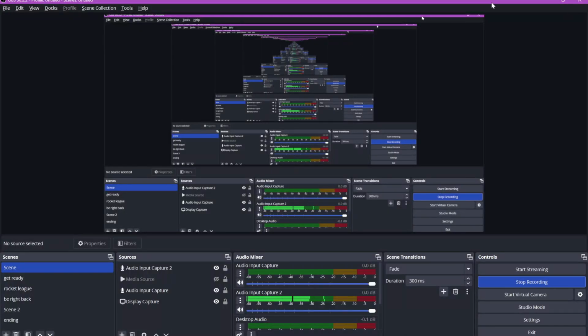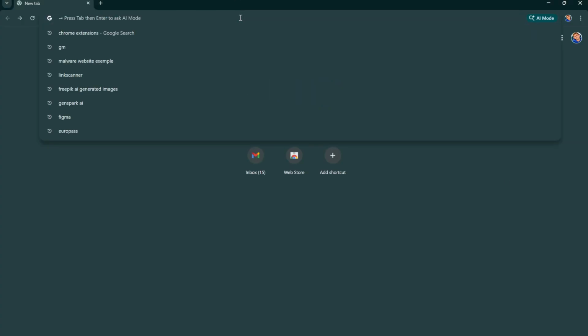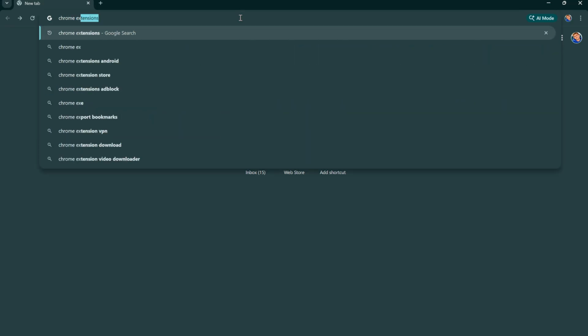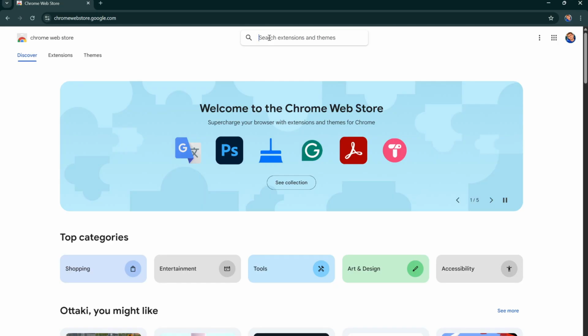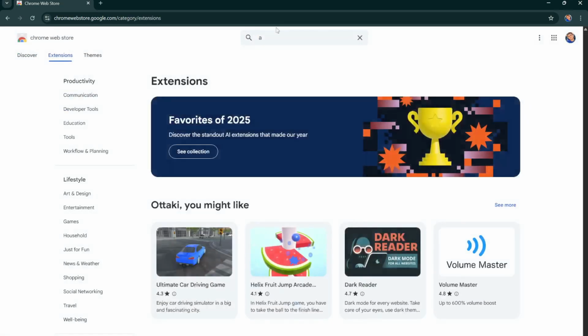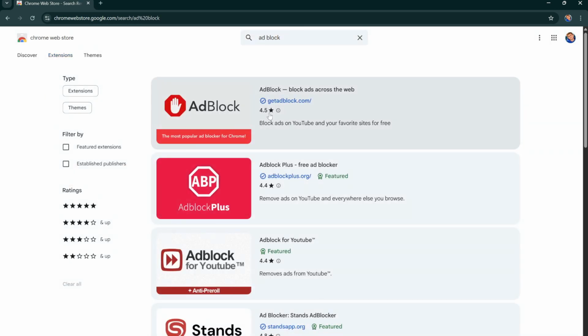Guys, in this video, we'll show you how to block ads from any website that you're using, YouTube, any serial, just other websites, just for education purposes. All that you need to do is just go for any browser, and especially in Chrome, just go for Chrome extensions, marketplace, go for the first link, then go for extension, and then here just type AdBlock, and go for the first